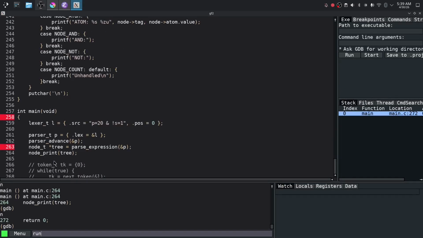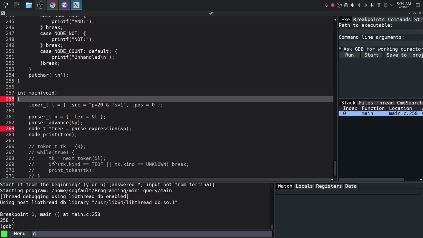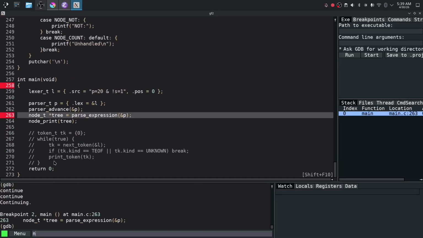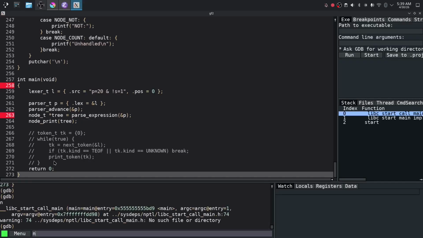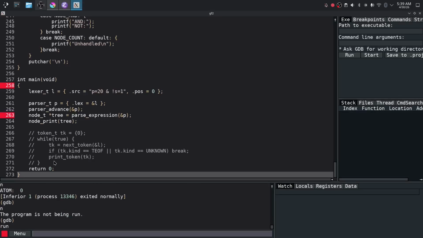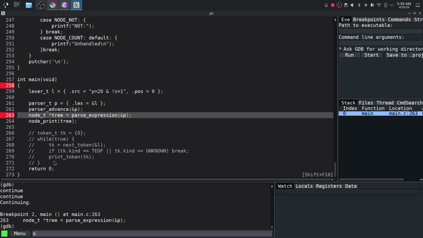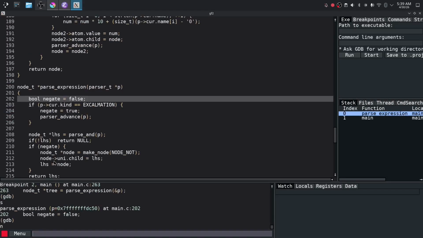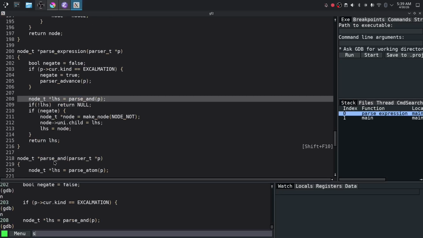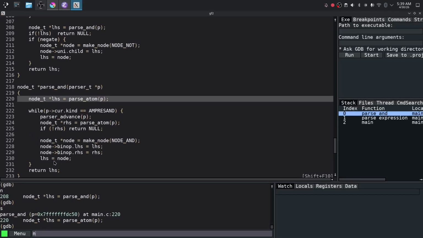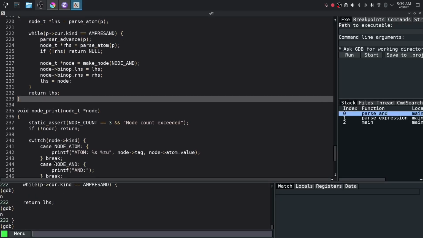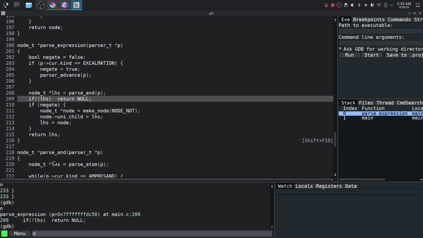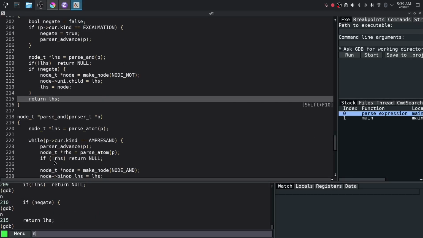Okay. Run yet again. Continue. Next. Next. Run. Into is the current kind. No, it isn't. Step into this thing. Okay. We parse the atom. If it is an ampersand, no, we return LHS. Then, if it is not null, we continue. Is it negated? No, we return that. Okay. Then,